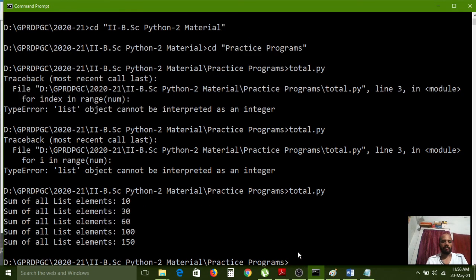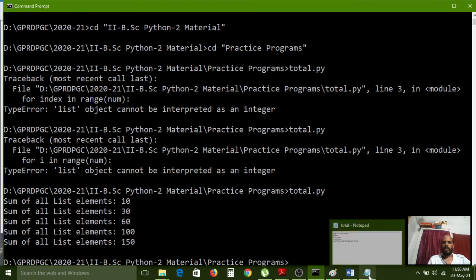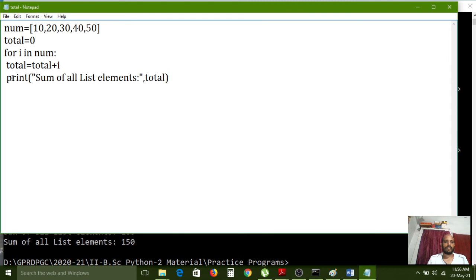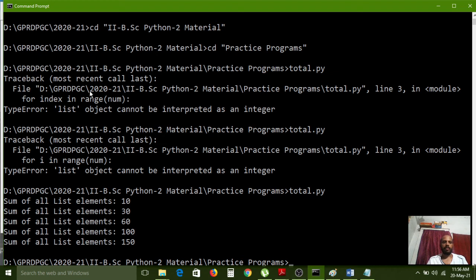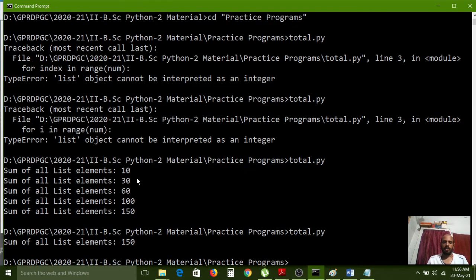Yes, it is working. So the sum of list elements shows 10, 30, 60, 100, 150. Now I want to remove this space outside of the loop. The print function will not repeat. Sum of all list elements is 150. The final total value is 150.